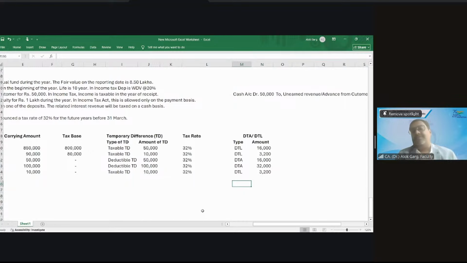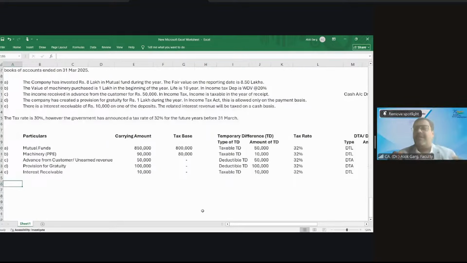DTL 3200? Friends, please let me know if you have any doubt. This is a very layman trick. You have to do the adjustment in your accounting books. If your asset is higher than your tax base, what should you do? You have to reduce your asset. What does reduce your asset mean? What does negative asset mean? Liability. If your liability is higher, then